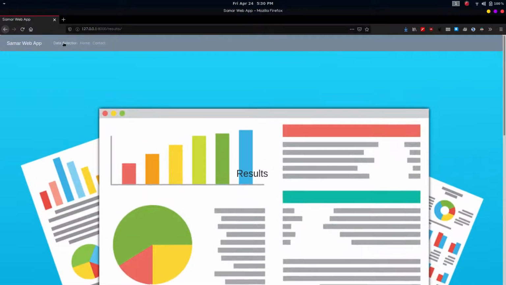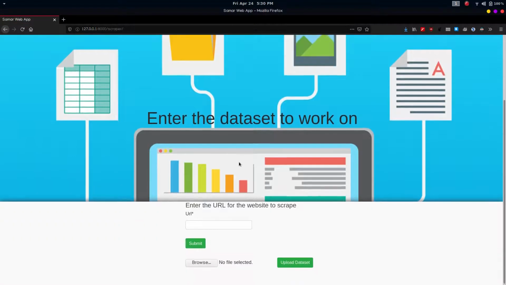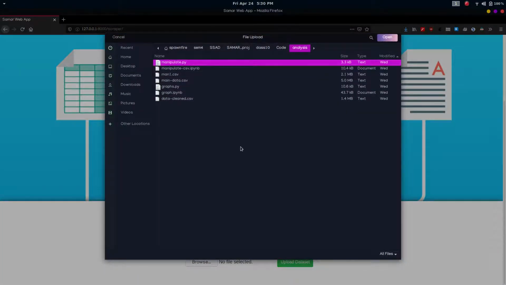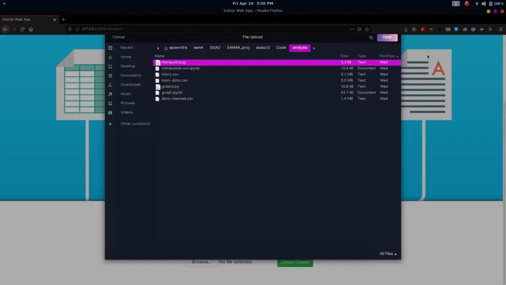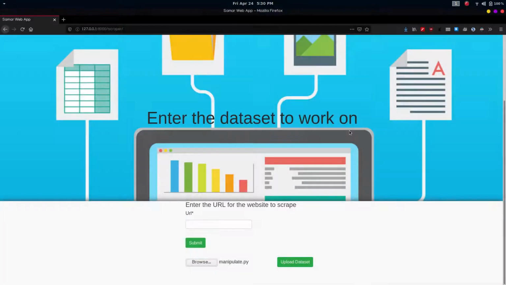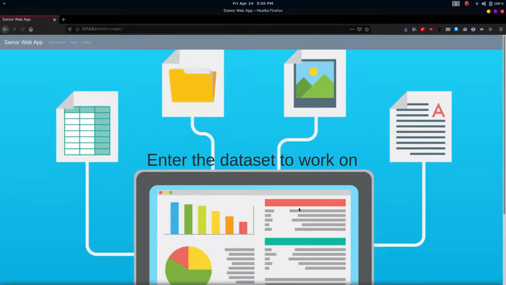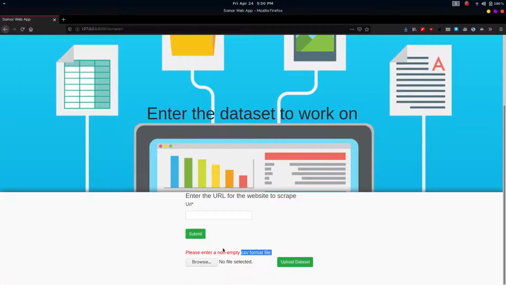So now let me demonstrate the data analyzer by uploading a file. So while uploading, you can only upload CSV format files. If you were to upload, say, something that is not CSV format, say a Python script, we will have an error message printed saying that only CSV format files can be entered.